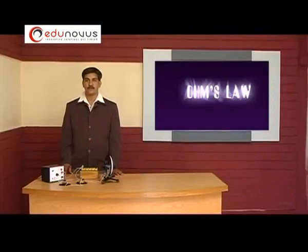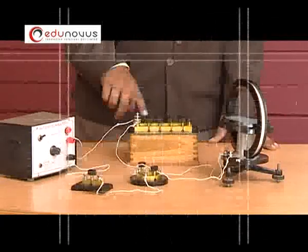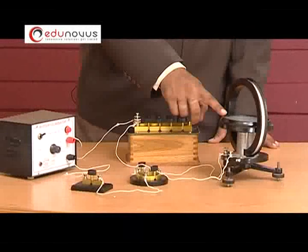The apparatus we are going to use for this experiment is battery, plug key, resistance box, commutator, tangent galvanometer,